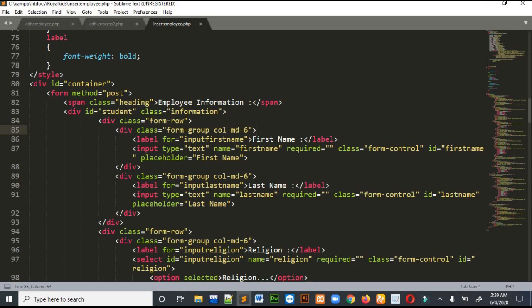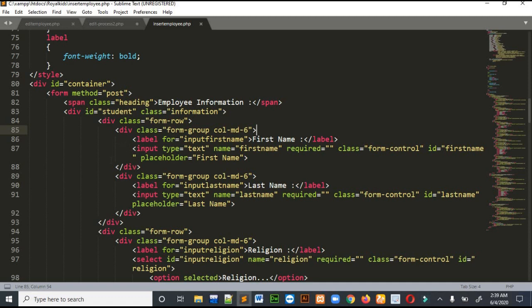So these are normal Bootstrap classes. You can check these classes on the official Bootstrap website. The Bootstrap I used in this project is Bootstrap 4. I don't think I have to tell you about that. You can style it as you want to. Now I will just show you what the important things are.